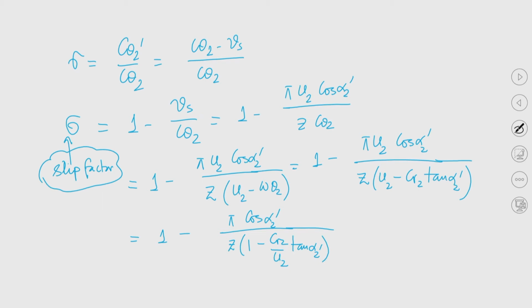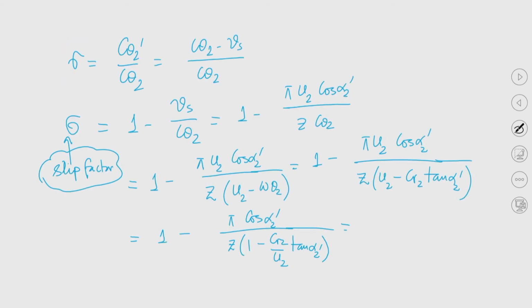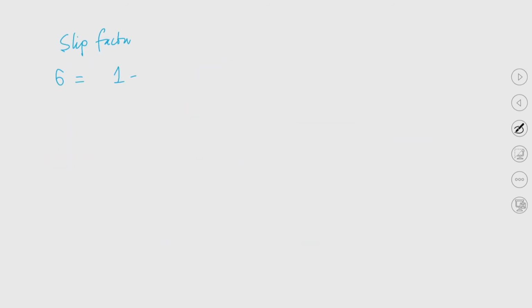So, see this CR 2 by u 2, that is also known as. So, if we go to the next slide, eventually we can write slip factor sigma, that is nothing but 1 minus pi cos alpha 2 prime divided by z into 1 minus CR 2 by u 2